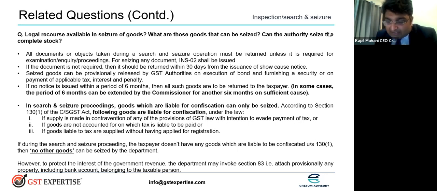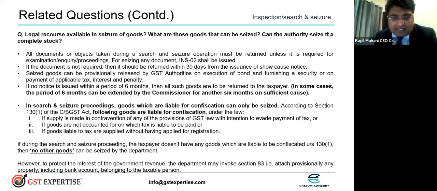So what is happening is, if you have goods which are not liable for confiscation, on which you have all the proper documents, you have a copy of the invoice, then they cannot seize those goods which have proper documentation. They can only seize those goods which relate to the cases we have discussed, but